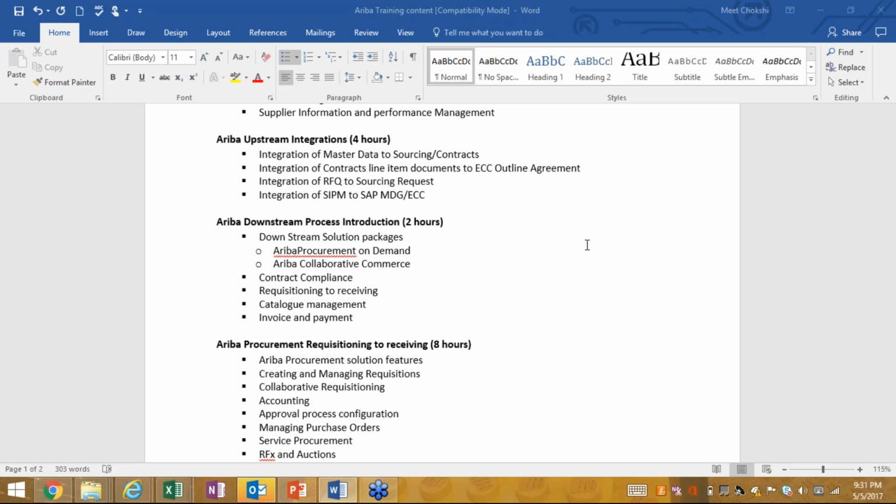It's not like if you say Ariba, then they will get all the modules by default. So it depends on your scenario, on your business processes, what modules we want to take. It's all based on the pain points the customer has.